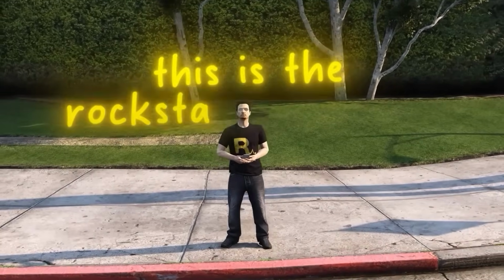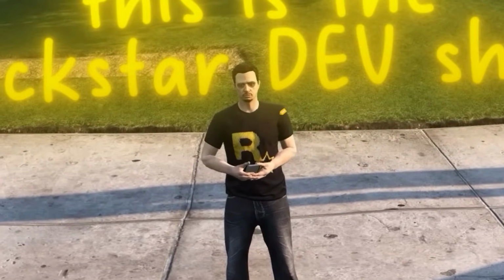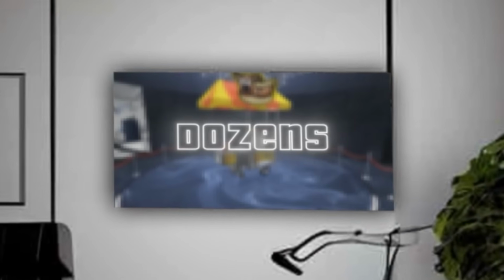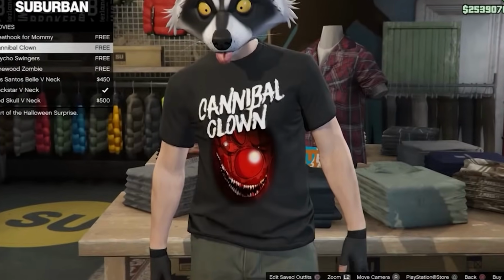This is the Rockstar Dev shirt, and it's completely free. You just have to work at Rockstar Games to be able to get it. But that is just one of the dozens of free GTA items we're about to go over, and yeah, they get even crazier. Like, sticking with clothes, this is the Cannibal Clown shirt, which again was free, but you had